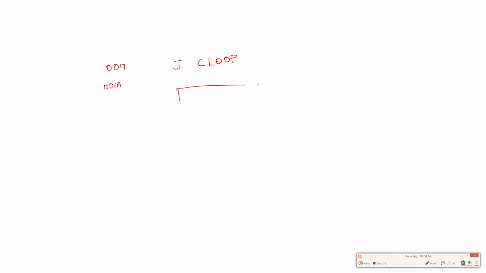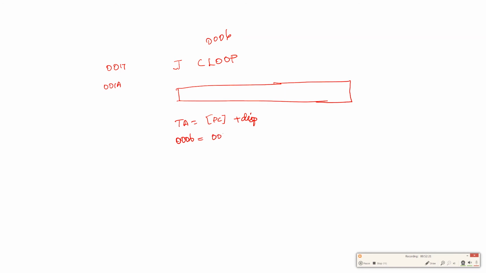So I'll start this. The position for LOOP is 0006. Now, target address is equal to the content of the program counter plus displacement. Listen, target address is 0006 and the program counter value is 001A. You have to find out the displacement. Displacement is equal to 0006 minus 001A.